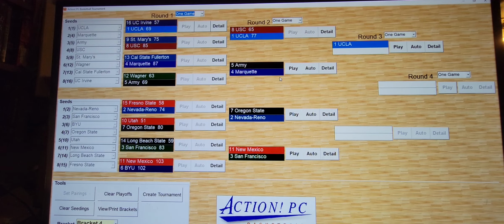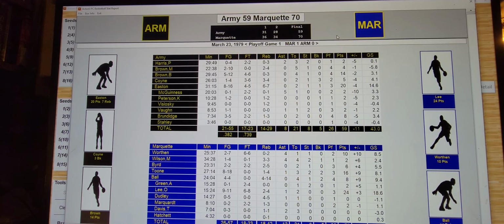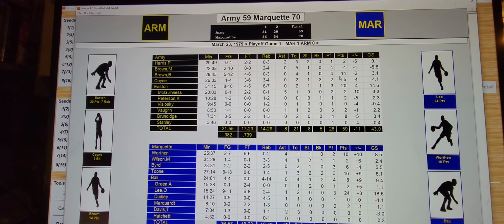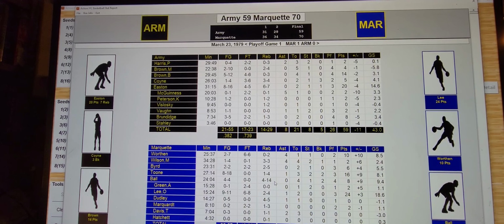Number 4, Marquette. Number 5, Army. Marquette beats Army 70-59. Easton tried for Army with 20 points, and so did M.B. Brown with 14. Let's see, off the bench, O. Lee with 24 points for Marquette. Toon with 16 points. Ball with 14 rebounds. Okay, so